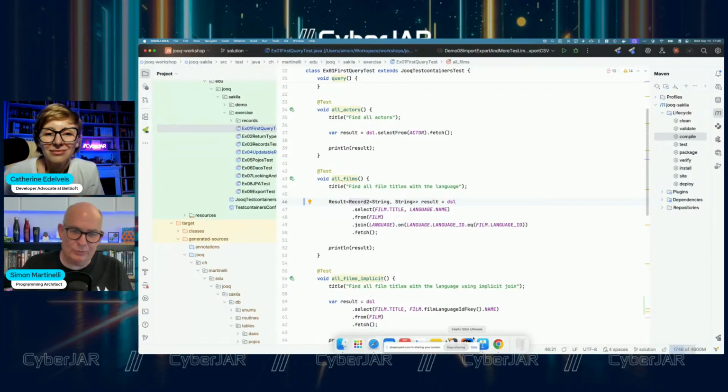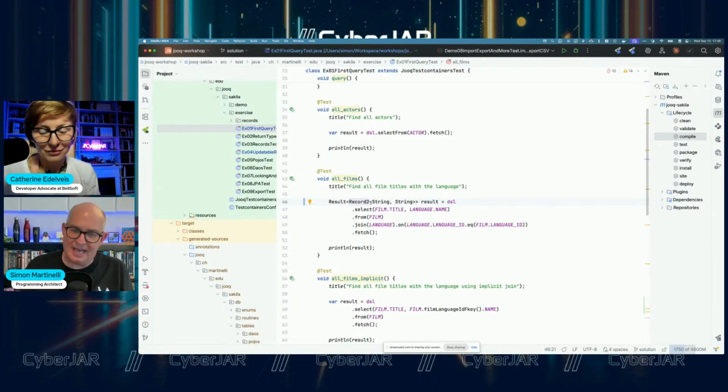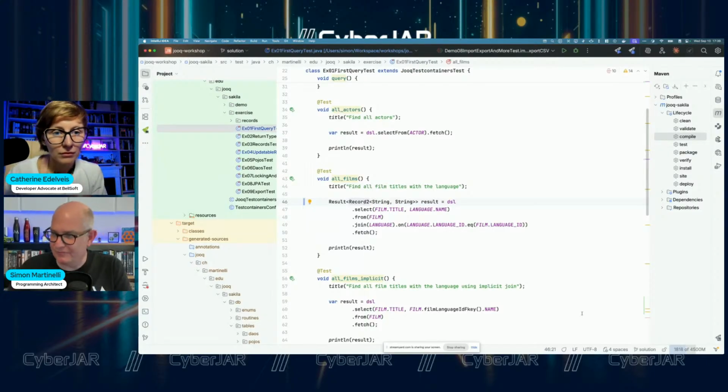And the Record2 is used to have a type-safe result. Because I'm selecting the film title and the language name, in that case, jOOQ knows that I want a result that has 2 strings. And so it gives me back instances of Record2 that have 2 strings as types. So if I have more projection, I will get Record3, 4, 5, whatever.